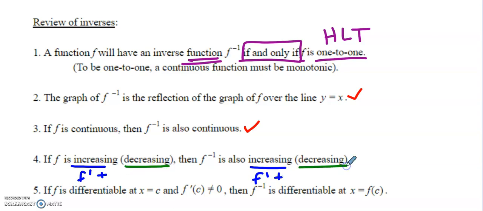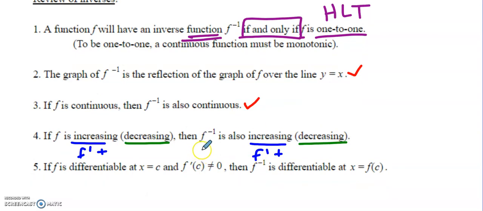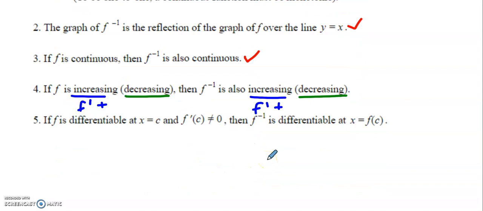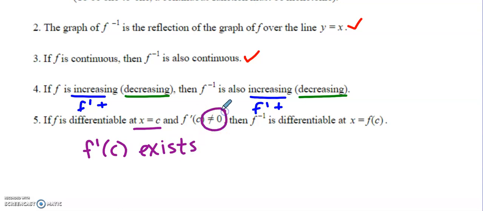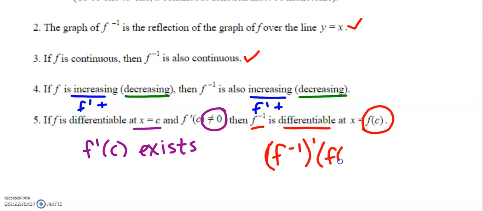Decreasing and decreasing has the same relationship. This is where things get interesting. So if f is differentiable at c, that means that f prime of c exists and is not equal to 0, then f inverse is differentiable at f of c. So that means that f inverse prime of the output